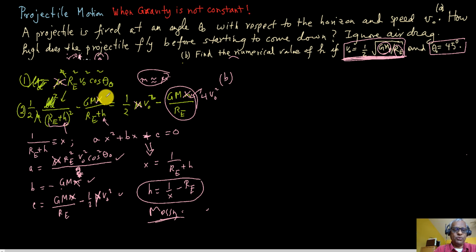This one here, I will have to divide by Re and multiply by Re. So over here, this is a little bit more complicated. So let's write the first one down. So 1 over 2, we have Re square v0 square cosine square theta over, let's call this thing y, square, and